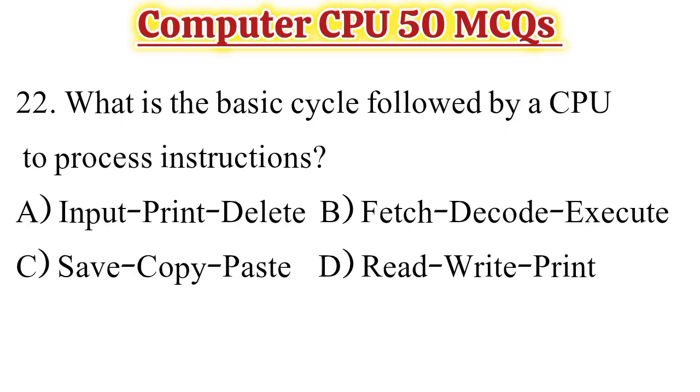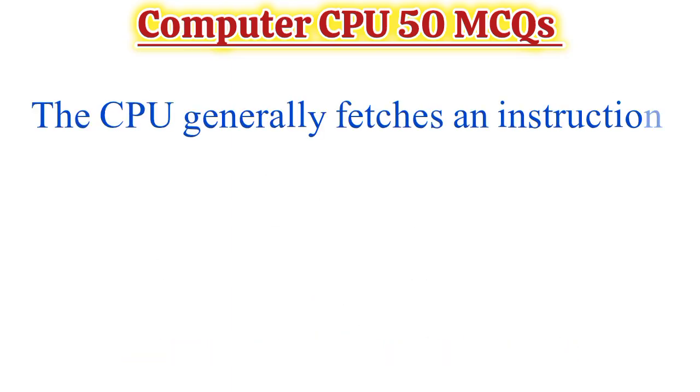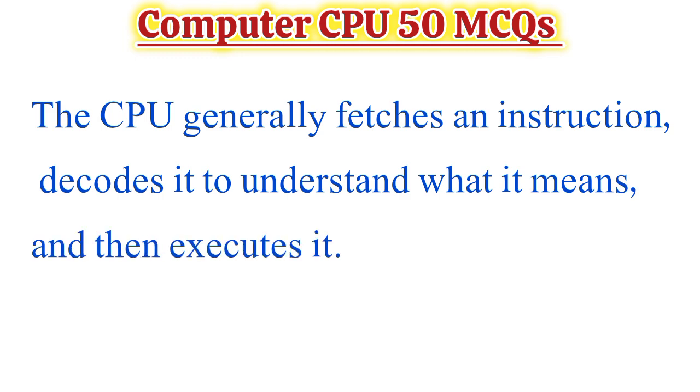22. What is the basic cycle followed by a CPU to process instructions? A. Input print delete. B. Fetch decode execute. C. Save copy paste. D. Read write print. Answer: fetch decode execute. The CPU generally fetches an instruction, decodes it to understand what it means, and then executes